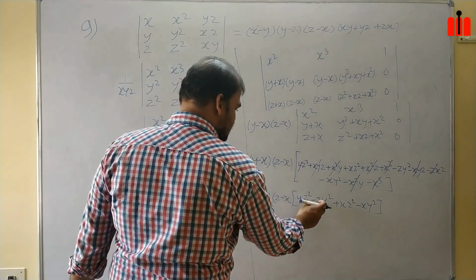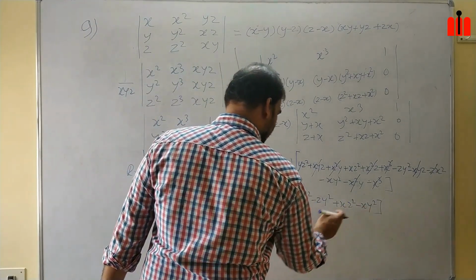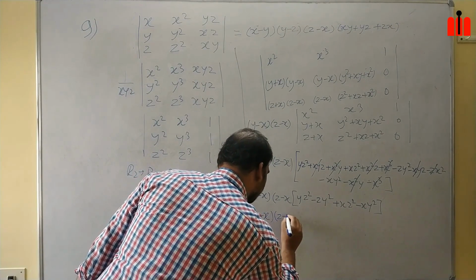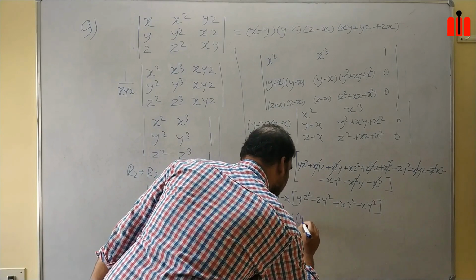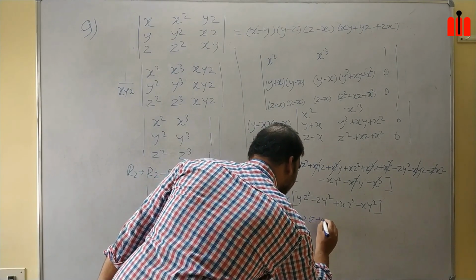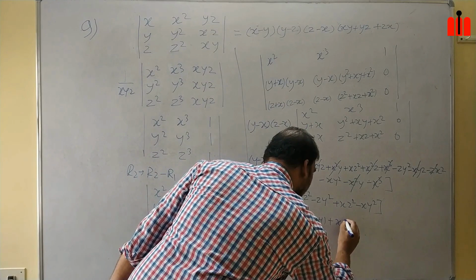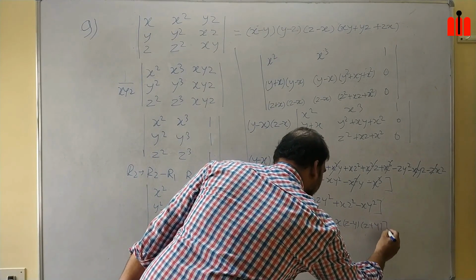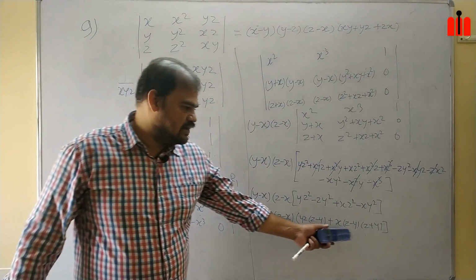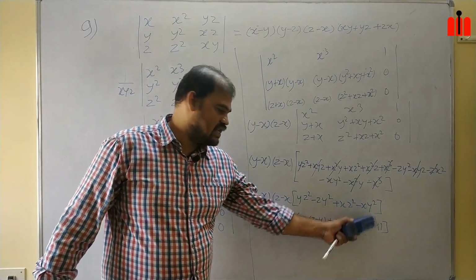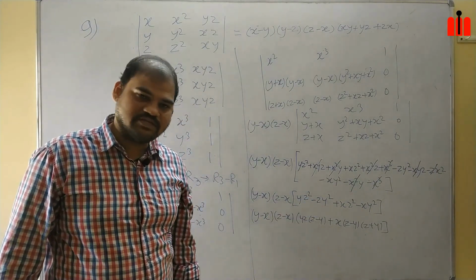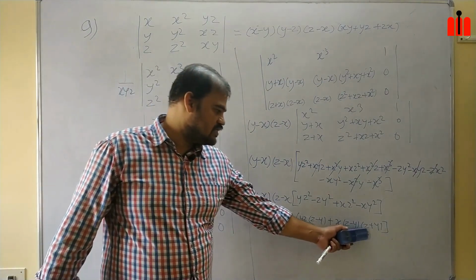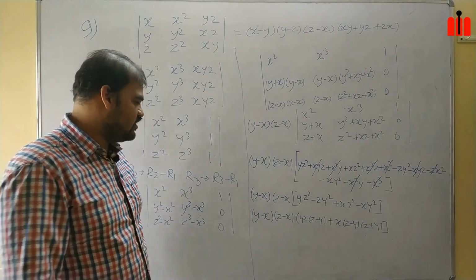Now we will take yz common over here and x common over here. Then it will be y minus x, z minus x, yz is common, so it is z minus y, plus here x is common, it is z minus y, z plus y. Why it is z minus y, z plus y? Because z square minus y square will be there, so it is a square minus b square, which is a plus b, a minus b, right? So a plus b is z plus y, z minus y.